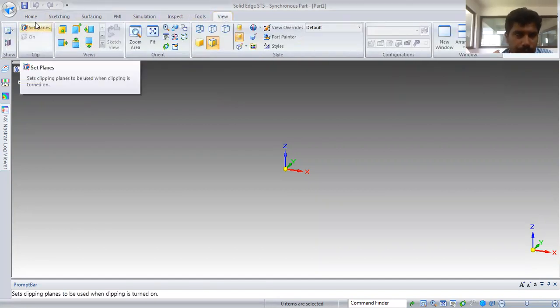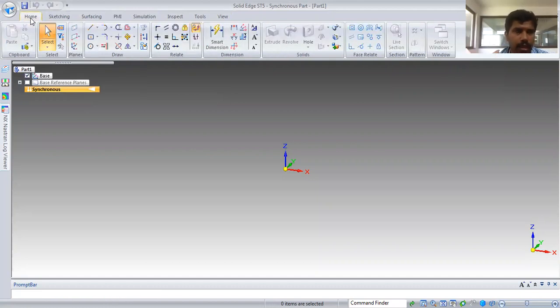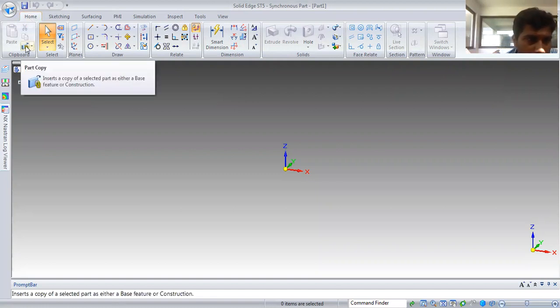In the Home tab you can see various things. So this is the part copy. If you place the mouse over the button, you will see its details and instructions: insert a copy of the selected part, either as a paste or as a future construction.